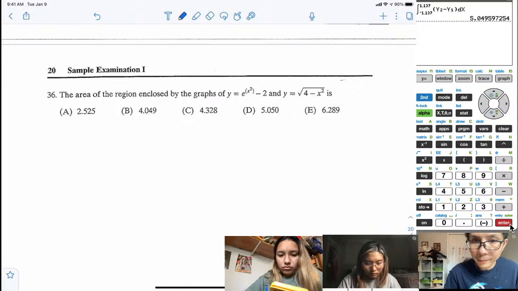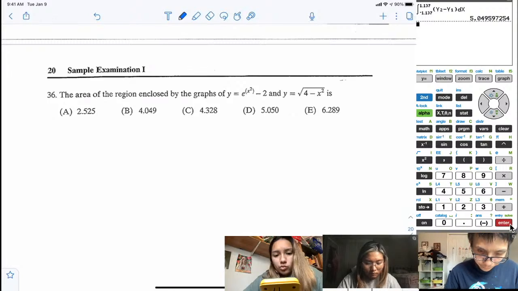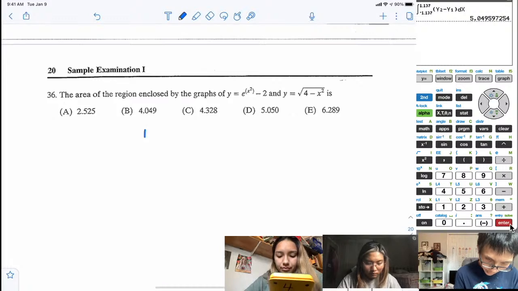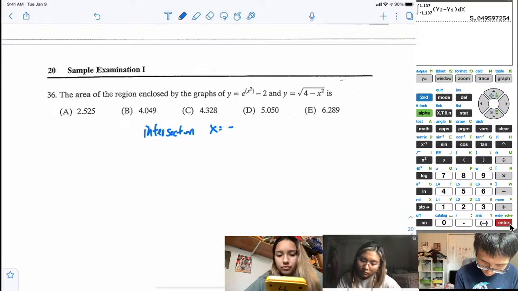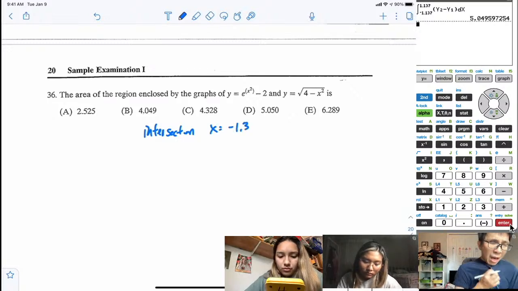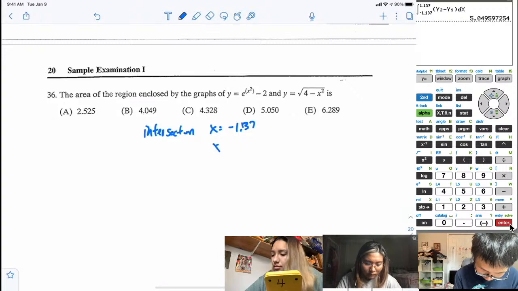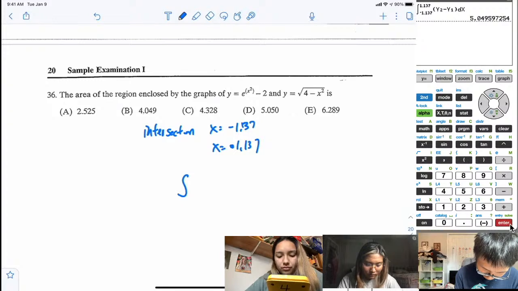Do you see how that works now? So we find the intersection is x equal to negative 1. I believe it's 137, right? Excuse me. So that's going to be integration of negative